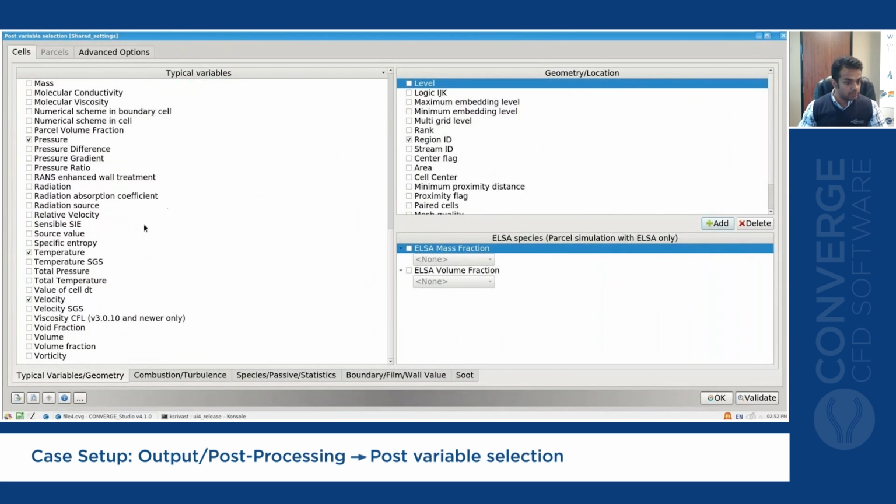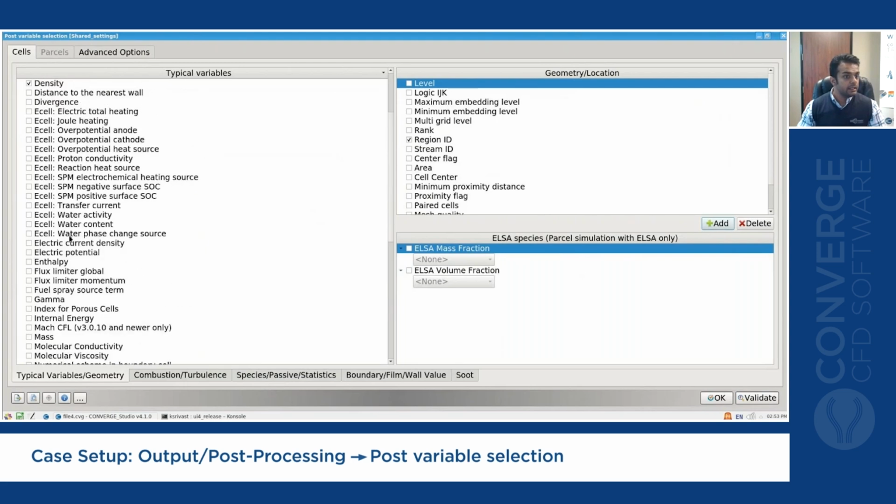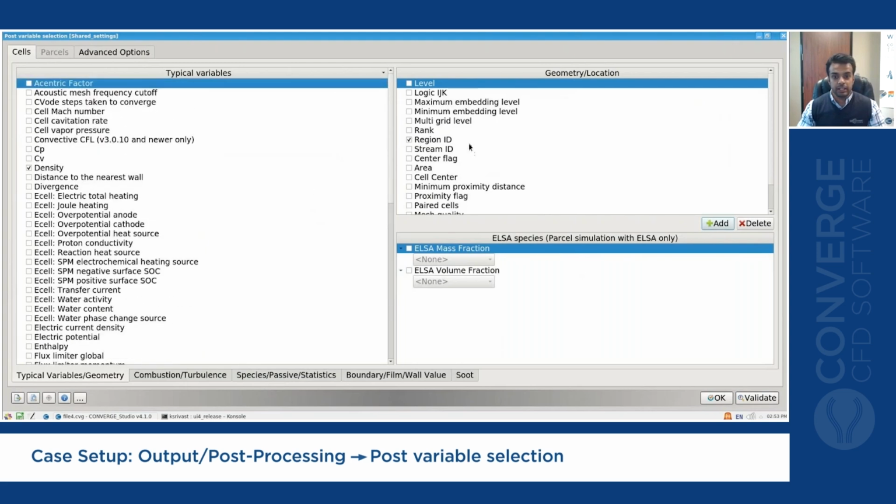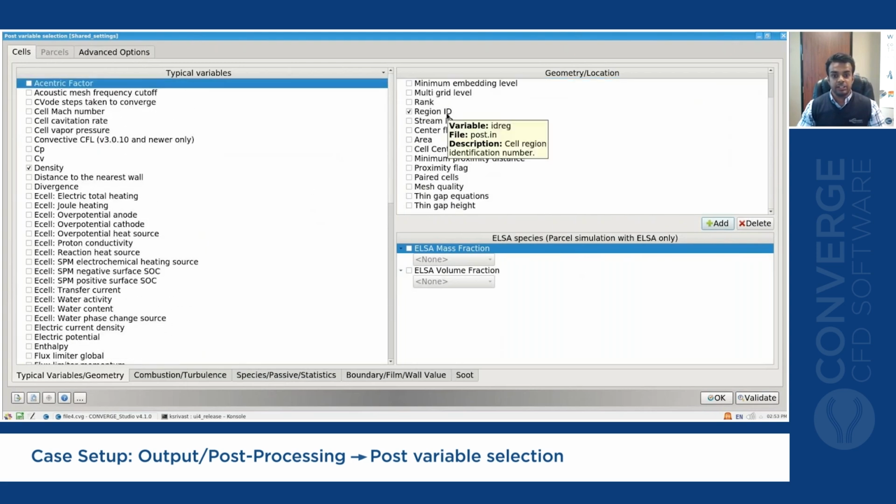So most important, of course, is temperature, velocity for the coolant, pressure. You might be interested in pressure drop across the coolant channels. I'm also interested in the source value that the equivalent circuit model evaluates. So I'm going to print out the source value in the 3D files, and that should be good for now. I print out the region ID,